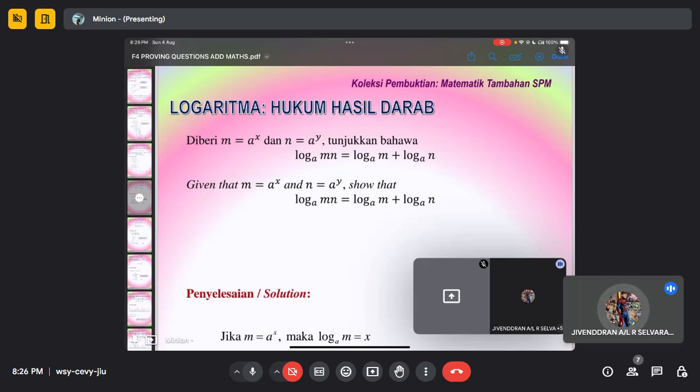So the first formula, the first question is: given that m equals a to the power of x and n equals a to the power of y, show that log a mn equals log a m plus log a n. Okay, so how we'll show it is, at first, since the question has already given m equals a to the power x, n equals a to the power y, then we can